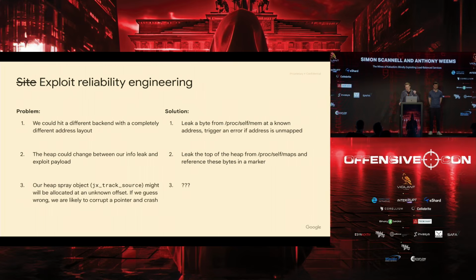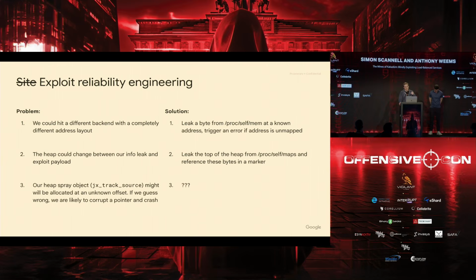In order to get around this problem, we used the arbitrary file read to read from proc_self_mem at an address that we knew was mapped, at least in one worker. And what Kakadu does internally is it will open this file and then seek to the offset that we tell it to.